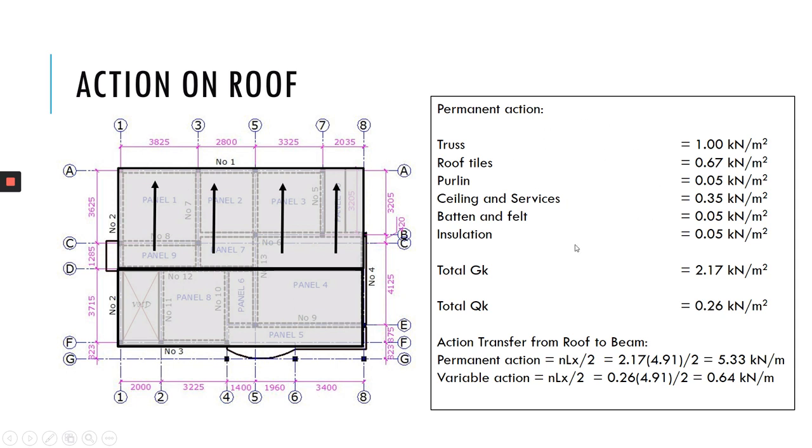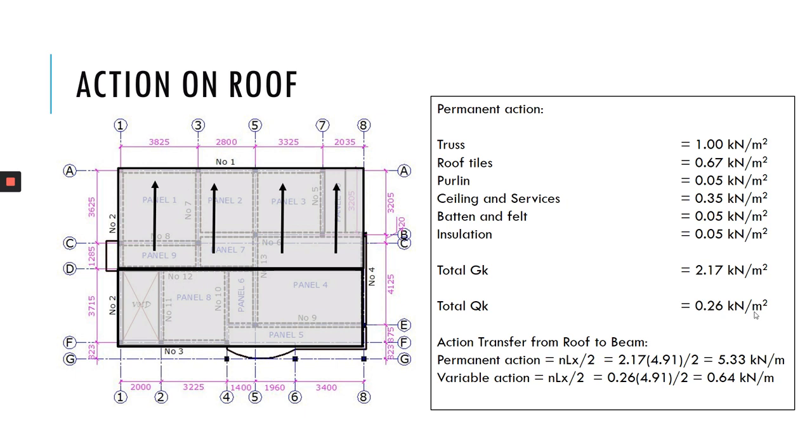So what are the elements that will contribute the load on top of your roof? The first one for the permanent action is truss, roof tile, purlin, ceiling and services, batten and felt, and insulation. So you may add additional one. So if you have a water tank on top of your roof, so you have to calculate also the load from your water tank. Okay, so the total Qk is 0.26 kilonewton per meter squared, based on the Eurocode